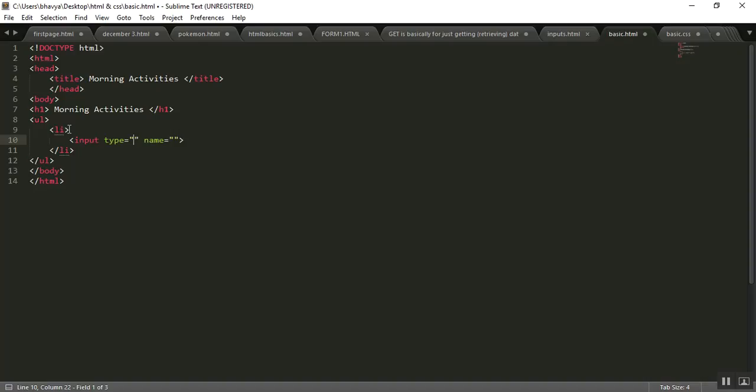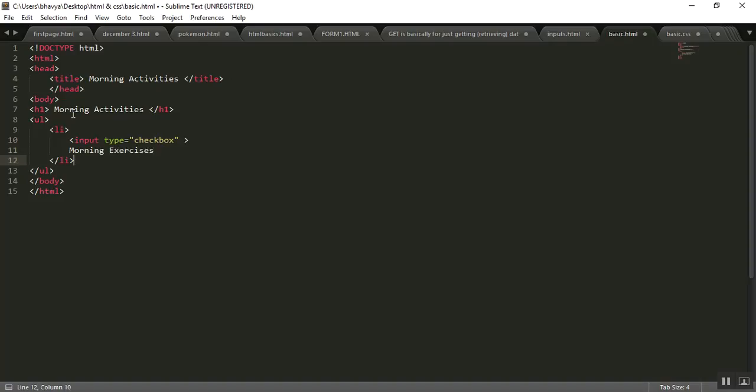Input type is equal to, I will just type checkbox here. Okay, input type would be the checkbox, and then I will also type a name inside that. It would be morning exercises,